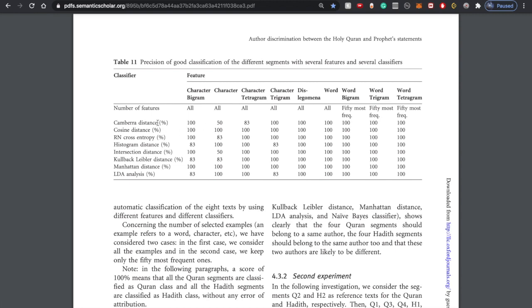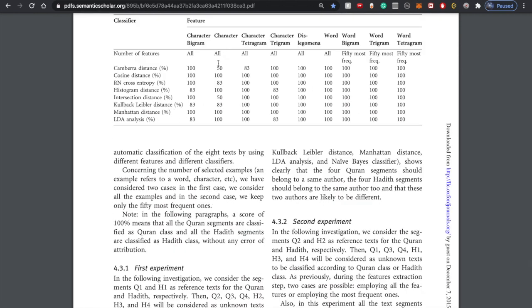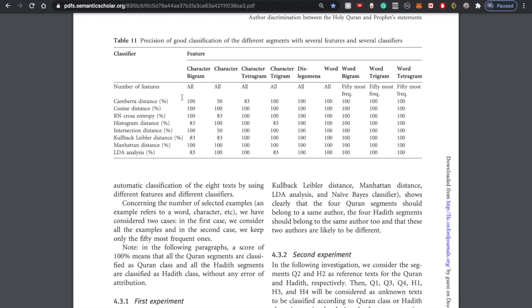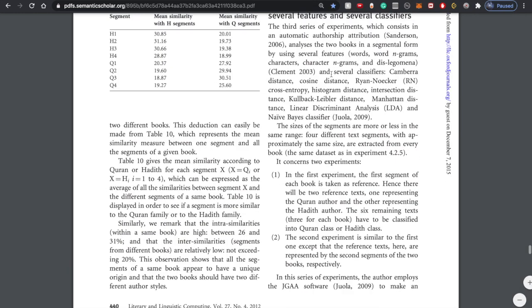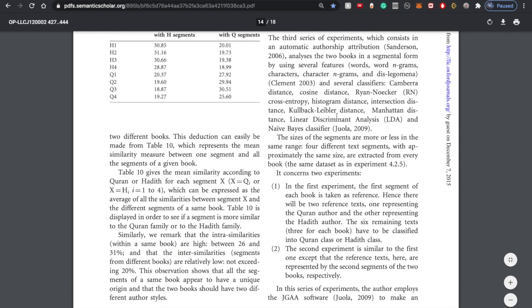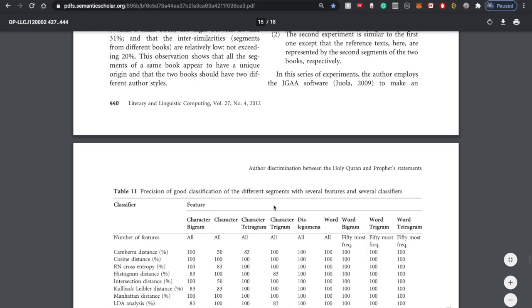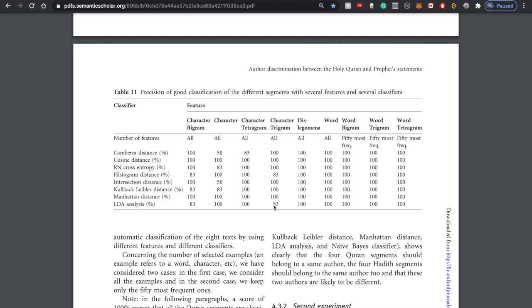Point is, when we look at the results, we're seeing that all of them go into each classification perfectly, which means the Q1, Q2, Q3, Q4 clearly match up in vocabulary and all these different statistical tests that were being described here. You can pause and read all these different ones that are done here. So all the Q fragments line up perfectly with each other. Almost all of them are 100%.